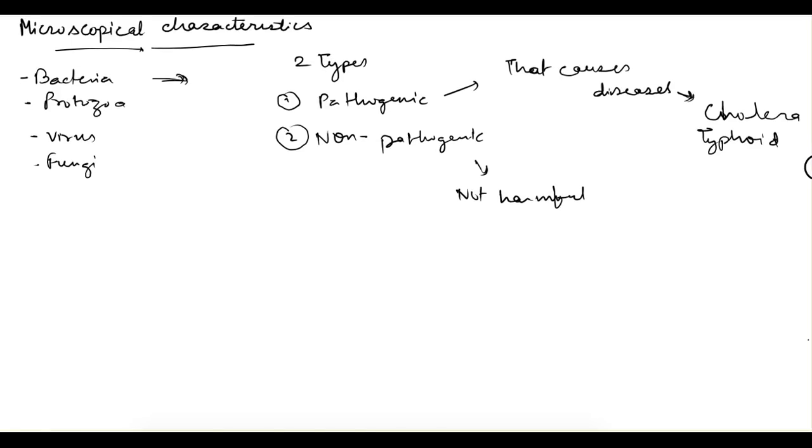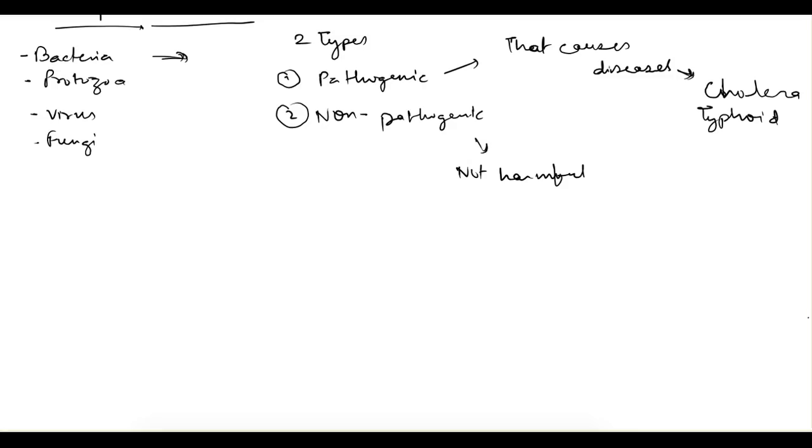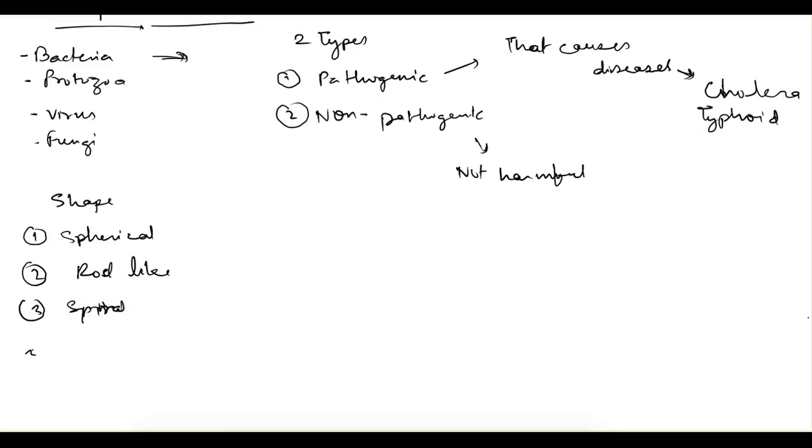Now about these bacteria, they can be classified on the basis of their shape, that is, they can be of spherical shape, or rod like shape, or spiral or curved shape as well. Now I'm not telling the name of every shape, just this one you need to remember: the rod shaped bacteria is known as bacillus. So this is relevant to our further discussion.